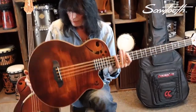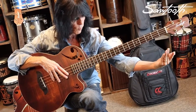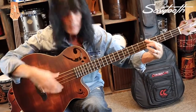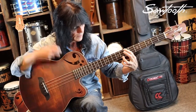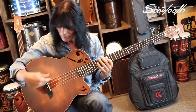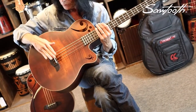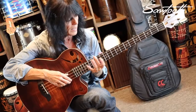Also, the bridge right here, which is so important for sustain. Whether you're playing above the 12th fret or below the 12th fret, you want to have exactly the same sustain. And when you go across the strings, you want balance. You want to be able to have the same balance on your lowest string as you do on your highest string. And the bridge plays such a huge factor in that. So these are bolted for extra. It's not only glue, but it's actually bolted in 3 spots for extra sustain and intonation and everything that makes an instrument